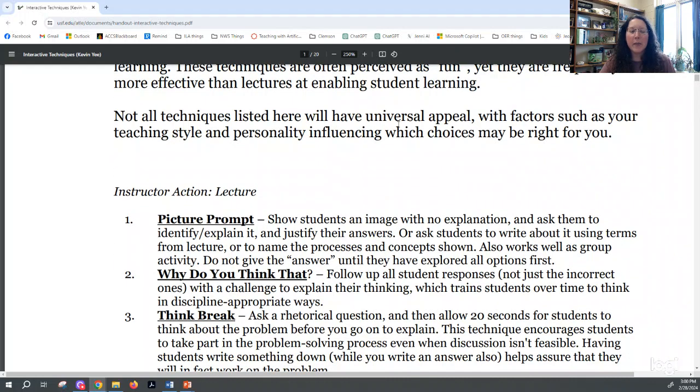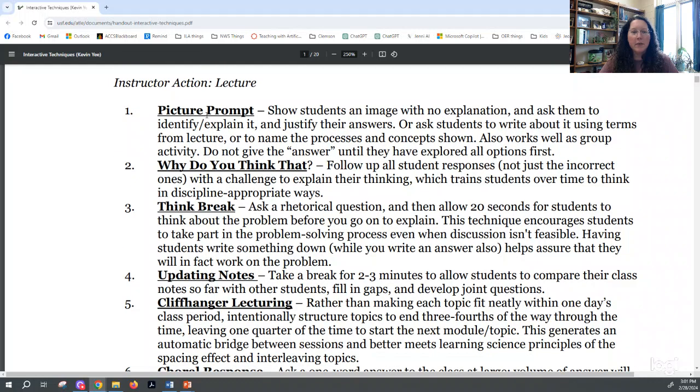And they're broken down by topic or kind of area. And so these are some of the instructor actions that can be done during lecture. I personally really like that picture prompt. You show the students a picture and you get them to start some discussion based on that image. And again, the students are having to take that ownership of that process and they're having to connect it to their lives. So if you pick something that's relevant and really reaches to them, to bring that involved, if it's something from the real world.